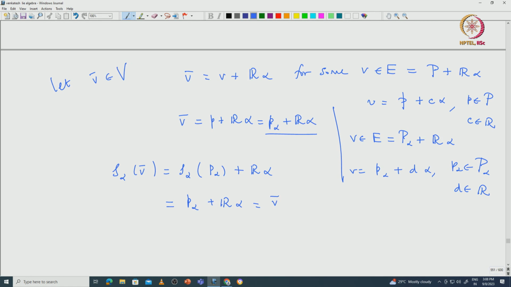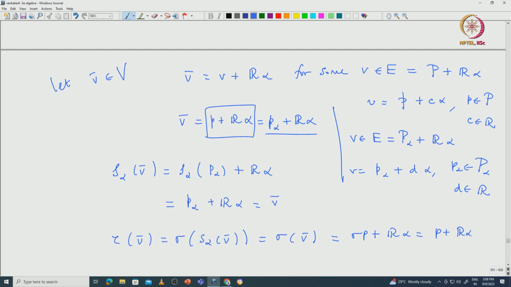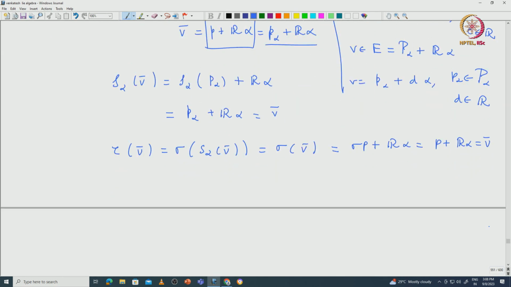So, similarly, we can see that if we take tau of V bar, which will be sigma of S alpha of V bar, then this becomes sigma of V bar. What is sigma of V bar? We can use this first representative of V bar. So, then we can see that sigma of V bar is nothing but sigma P R alpha. So, that means sigma P is P. So, then this fixes P R alpha, which is exactly V bar. So, this proves that tau fixes each element inside this capital V, which is E modulo R alpha, and it